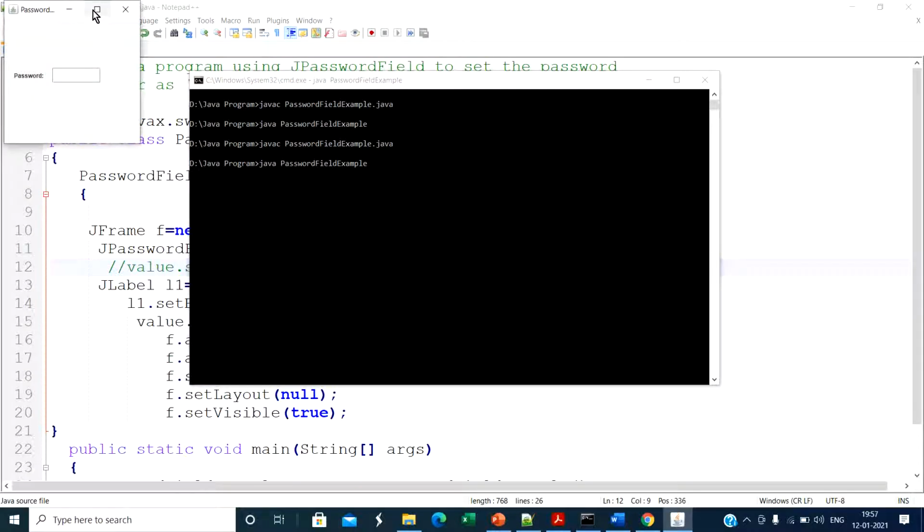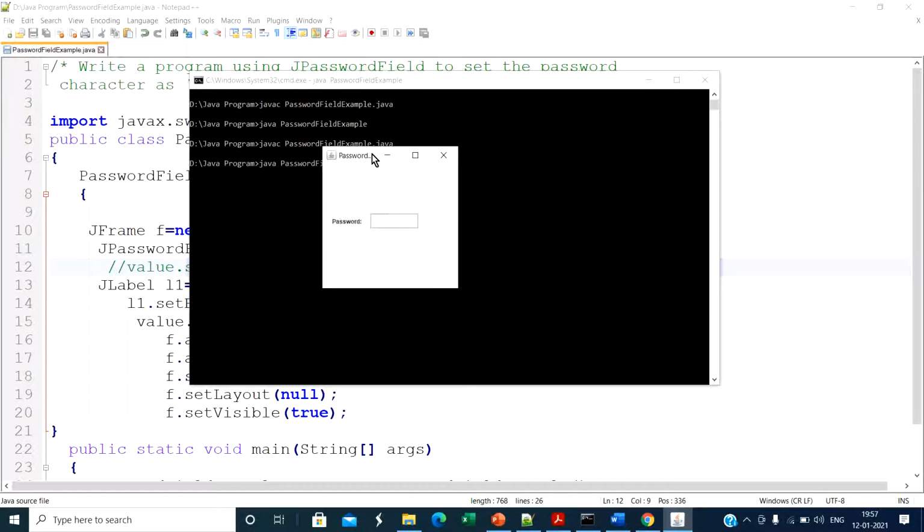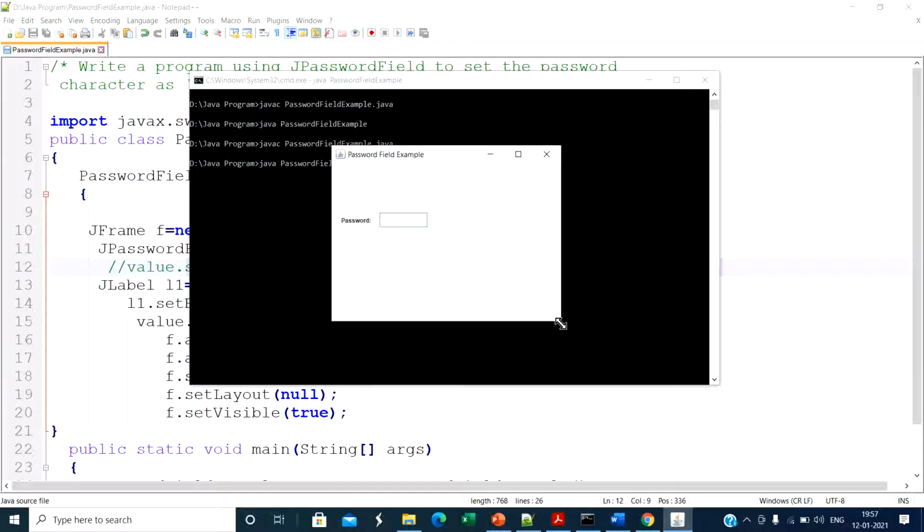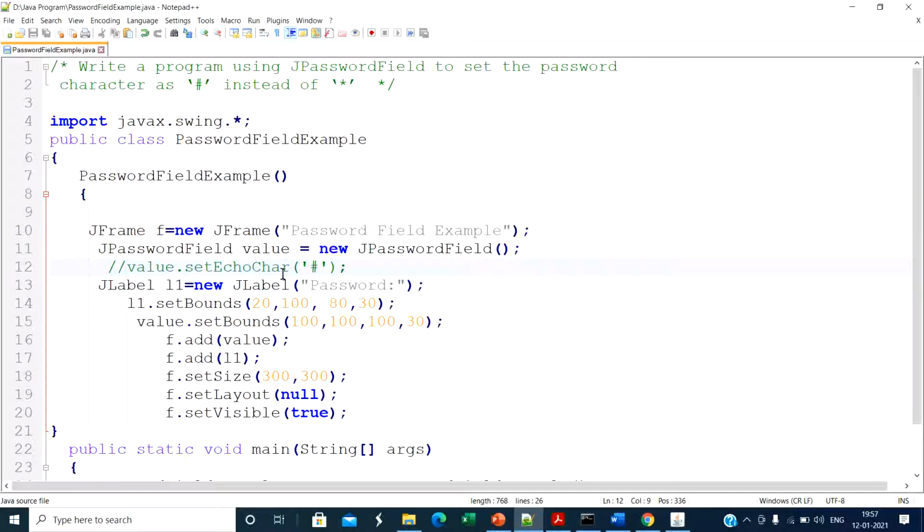Here I did not set any specific character to the frame, so when I enter a password it displays a dot. Some operating systems display a dot, some display a star. According to the user, you can set any echo character to the password field using the method setEchoCharacter.